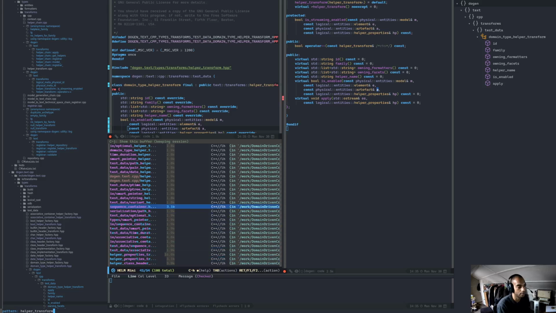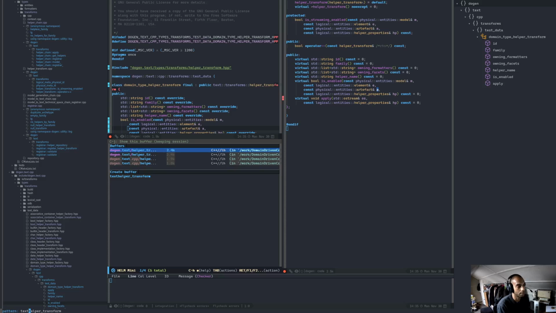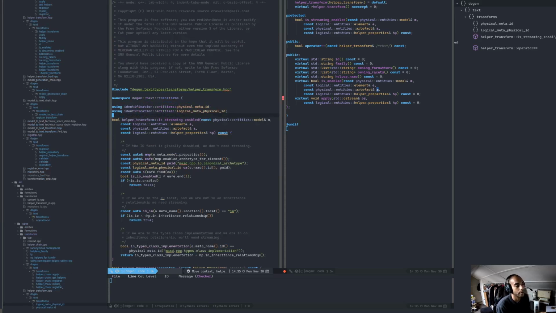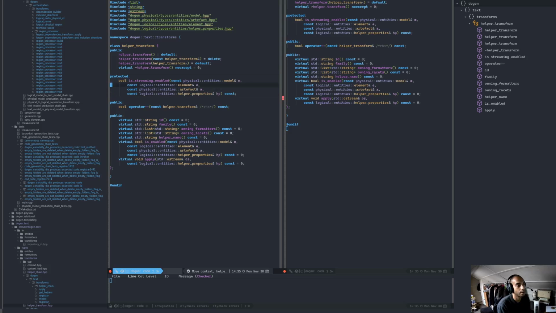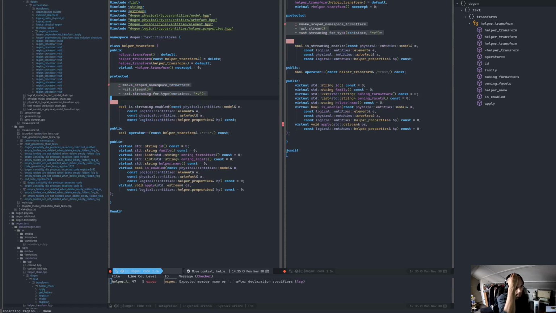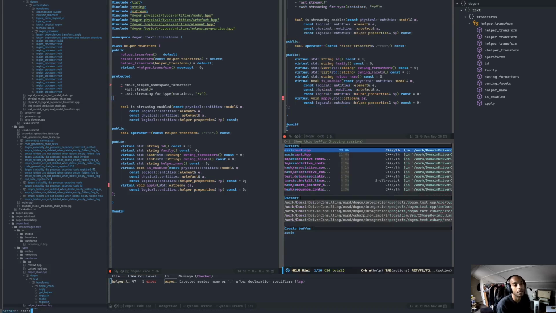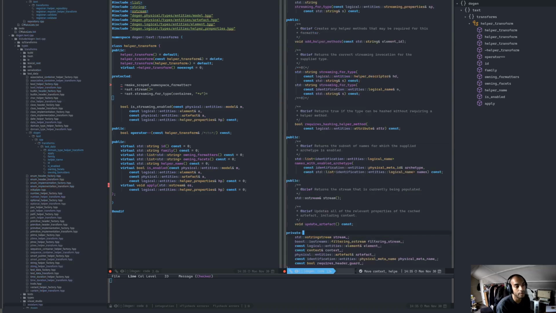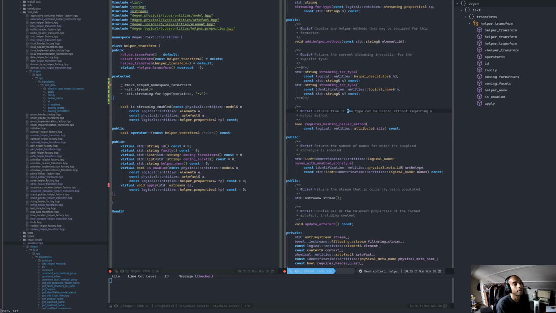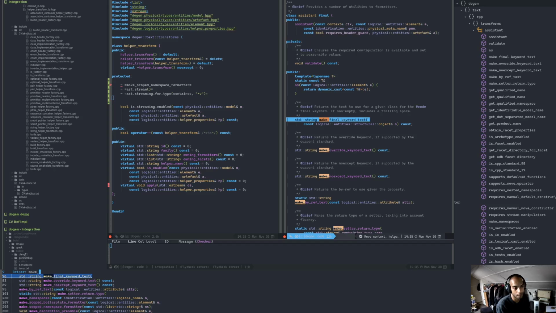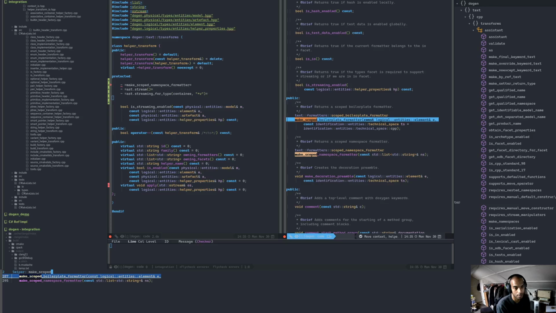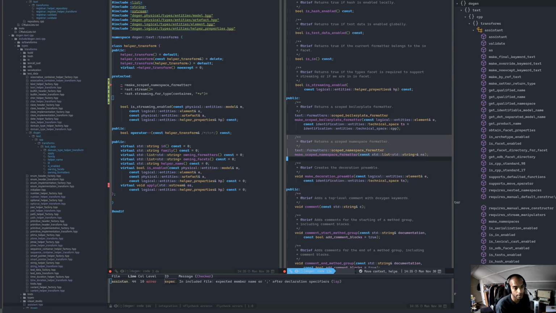Okay, there we are. So I think what we need to do is we just need to say, and I'll protect it a bit. In fact, to be honest, the best thing might even be just have the assistant here, because this is going to be copied from the assistant. So let's just say we have a make scoped namespace formatter. So let's say we have one of these guys here,